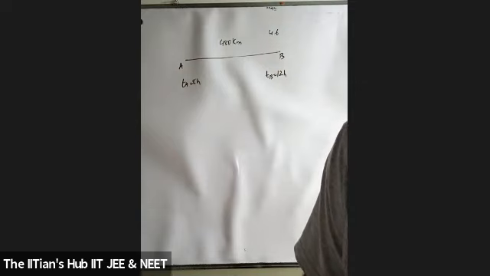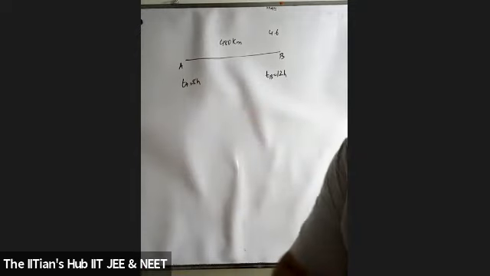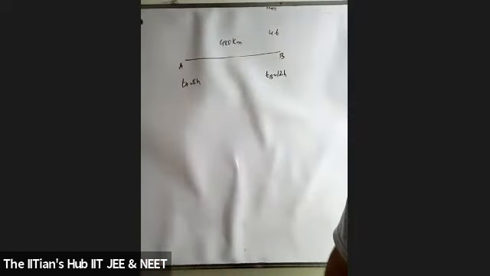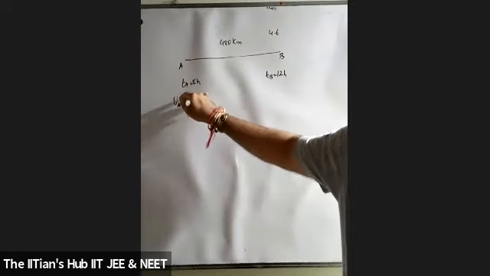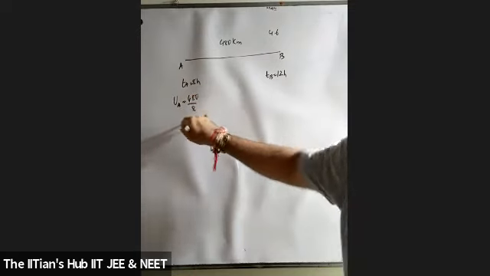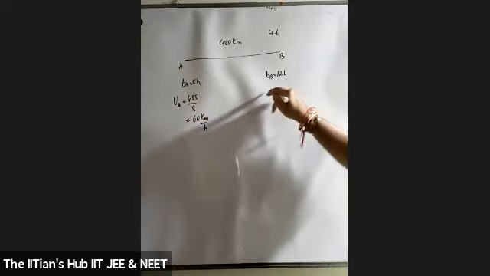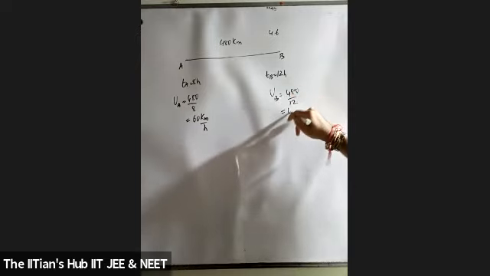Both are moving with uniform velocity, students. Both of them are moving with constant velocity. Can you tell me the velocity? Aditi, can you tell me the velocity? Sorry, Khyati, you're answering it. Sir, the speed of the first bus will be 480 by 8. Absolutely correct. Distance upon time, 60 kilometers per hour. Very good. Speed of the second bus is 480 by 12, which is 40 kilometers per hour.